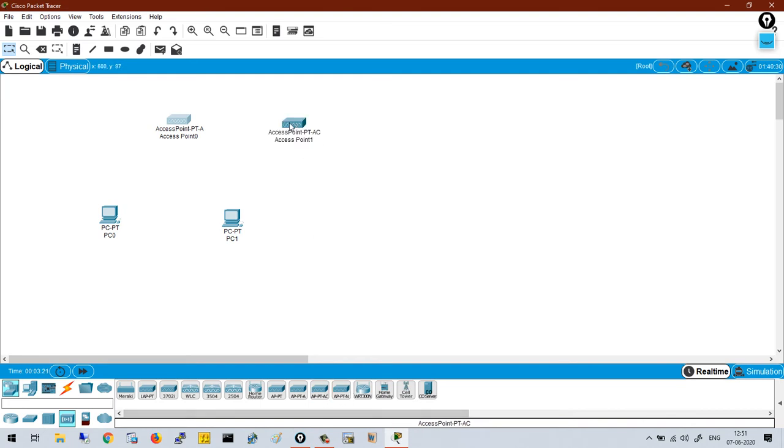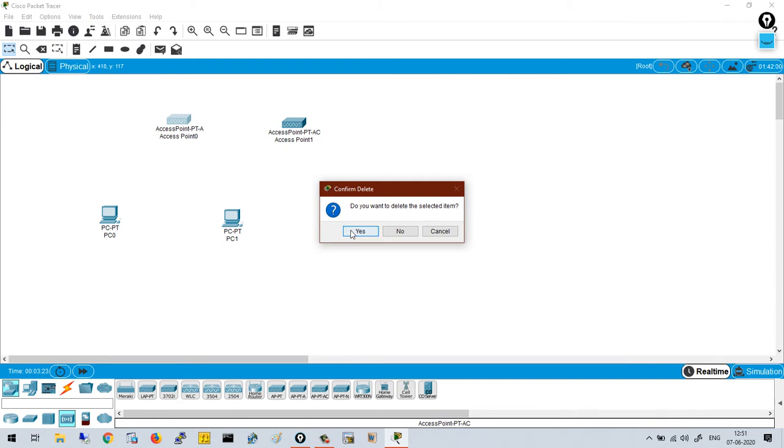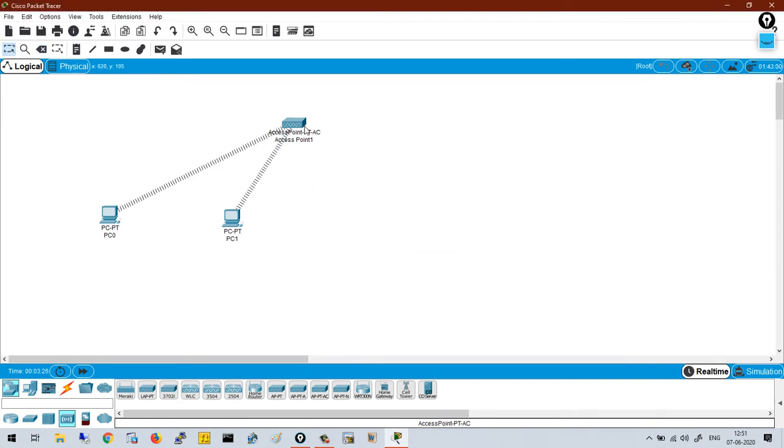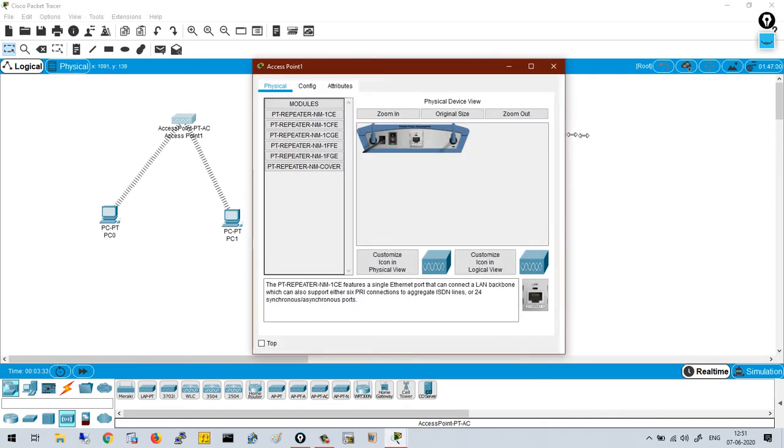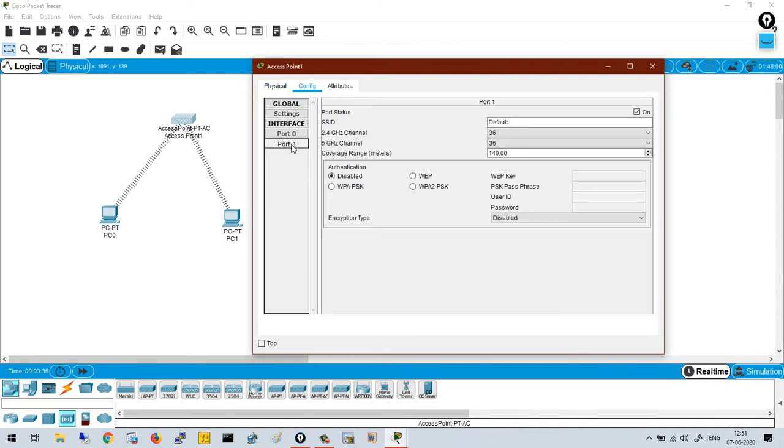Let me select this one and remove this one very quickly. Now you can see both of the computers are connected to the access point. There is a reason. By default on the access point, we have an SSID, let me show you, that is default, and there is no authentication. So when I create one SSID on the access point, for example CCNA_test, and I define authentication, you can see these two computers are no longer connected. And for example, the password is Cisco1234.